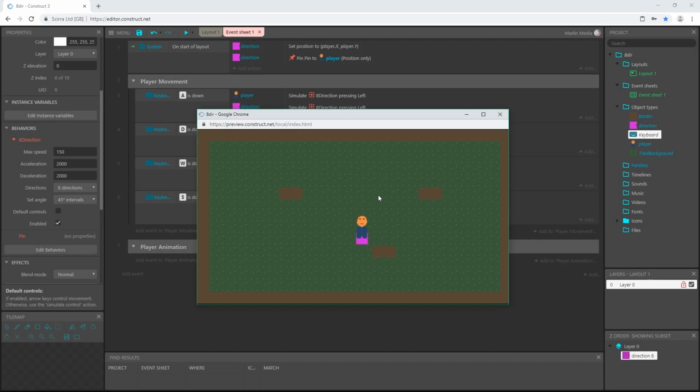So now I can move everything around with WASD. And we have some collisions, and you can see my player is running into the collisions. We will deal with that a little later. But I also want to point out that our direction sprite, I put that little black mark on it to see which direction it is facing at all times. So whichever key I press, it goes that direction.